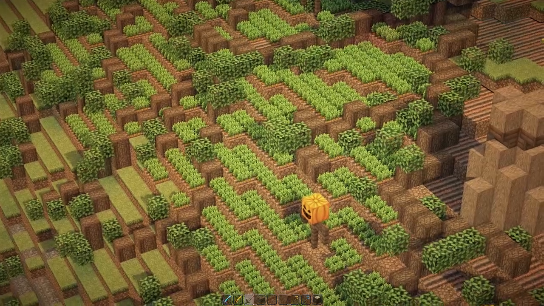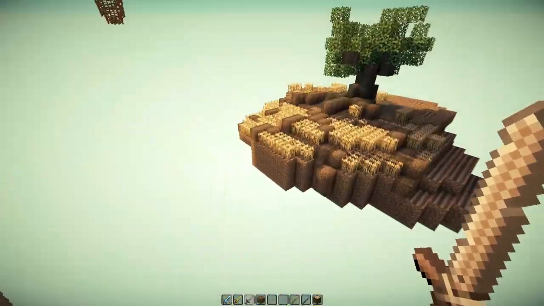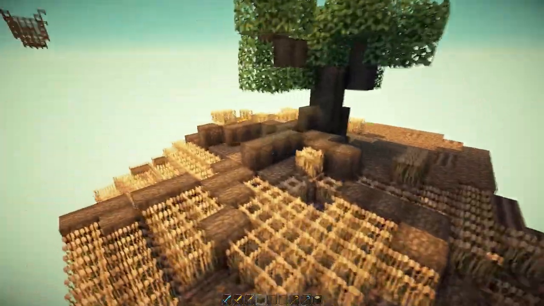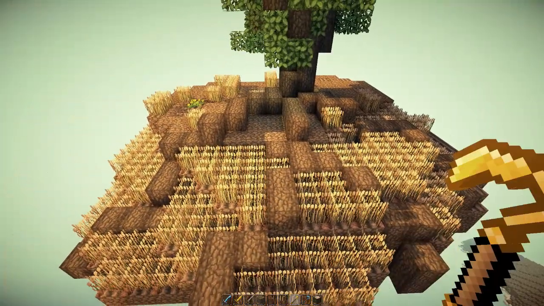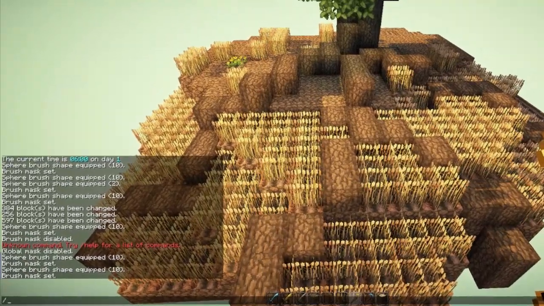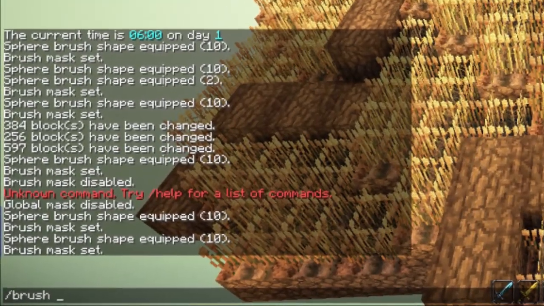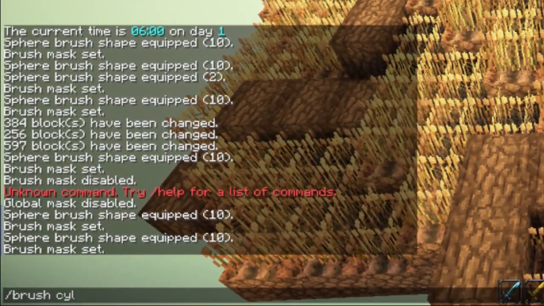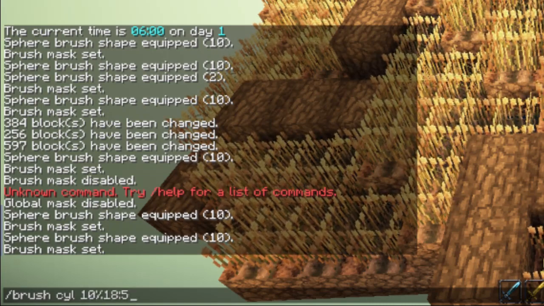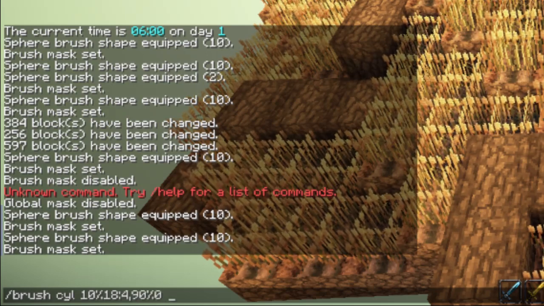And then the scarecrows I will put in manually. One thing that I forgot was putting leaves on the roots, because when you're going, ivy will grow everywhere. The leaves will also grow on the roots, so to say. What I'm going to do is brush cylinder, 10% 18:4, the undecaying leaves, 90% air, and radius 2,